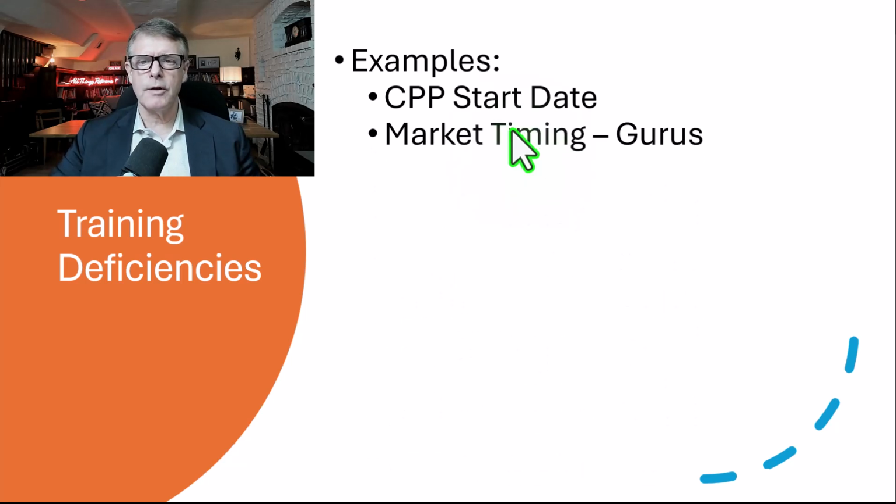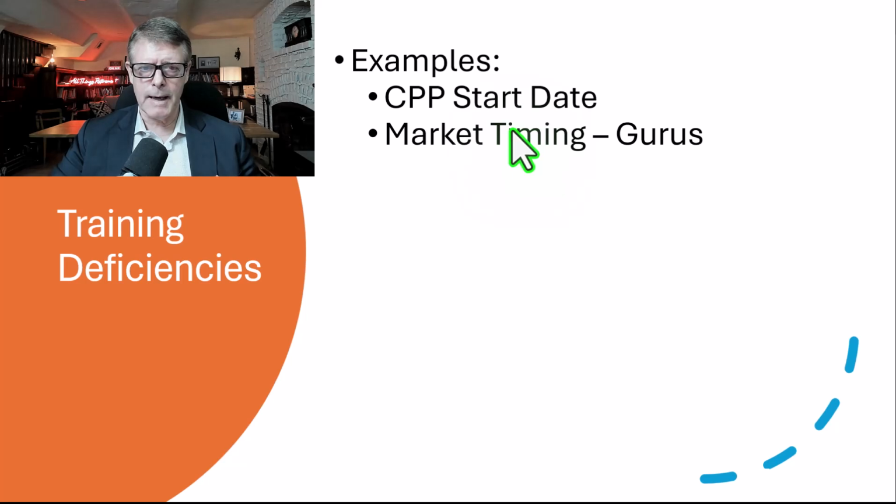The next area is market timing, or trying to find market timing gurus. So these are people who can read the economic tea leaves and tell you what you should be doing, both from an economic and market standpoint. Let me assure you, gurus don't truly exist. They get the call right once, and then everyone starts following them. We live in a complex world. It is impossible to be a guru and market time successfully.